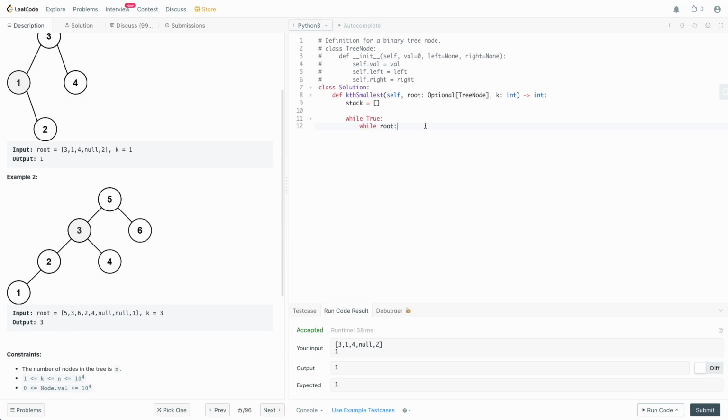So while we have this root here, which is the node that we're working with, we're going to say stack.append whatever our root is, because we need to process that at some point later on. And we're going to say root equals root.left. Essentially what we're doing is we're going to the left, and we're going to go to the left, and we're going to go to the left until we hit basically the leaf node, which is the smallest one in